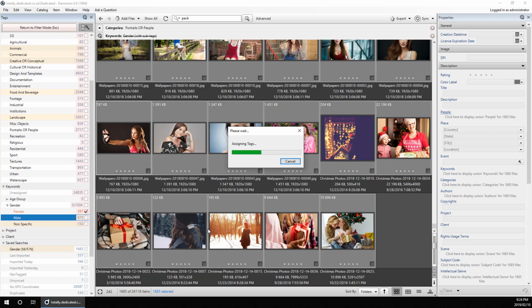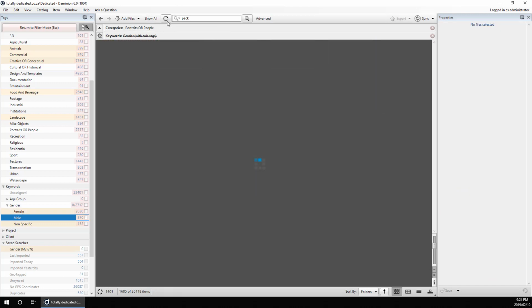So just to recap, that's a simple workflow that you can use. You select your category and then exclude keywords from a certain group that you've put together. And as you go, assign through all of them. Now when I refresh my search results, there should be 0 items left. Which means if I start filtering now,